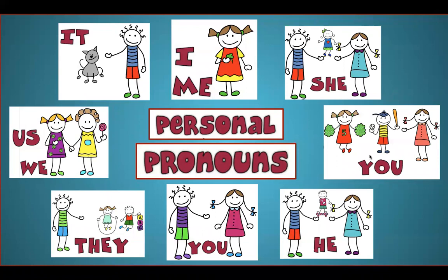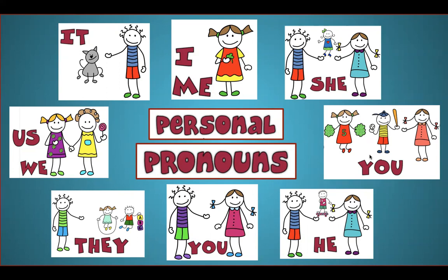The words they or them can be used to describe any number of people, whether it's two or three or even one person. The word you can also refer to one, two, three or more people. And we use the word we to describe ourselves and other people, regardless of how many people we are talking about. There are two main types of uses of personal pronouns in a sentence. As a subject in the sentence like I, you, he, she, or as the object in a sentence such as me, us, him, her, or them.